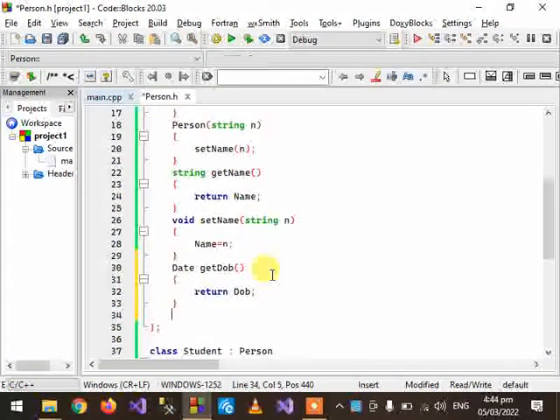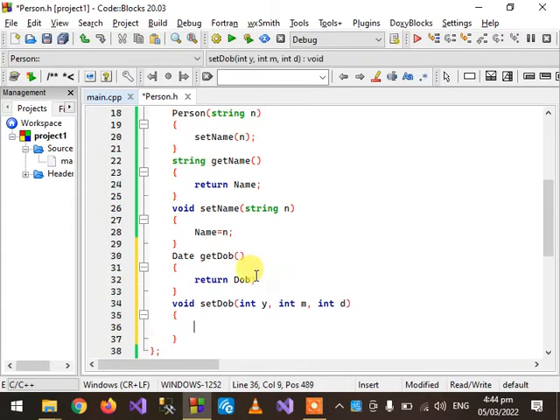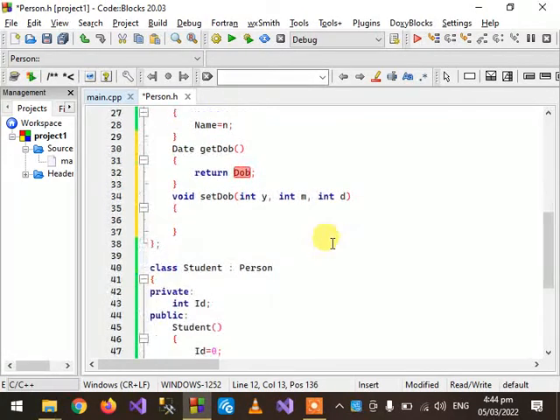Similarly, we will write the setter function here by accepting three parameters: year, month and day, and we will assign these values to this object